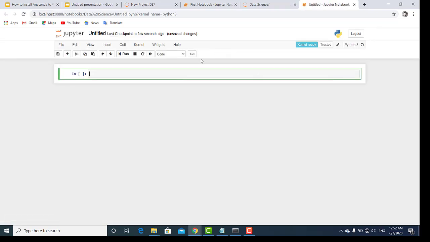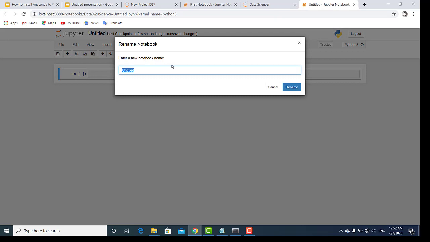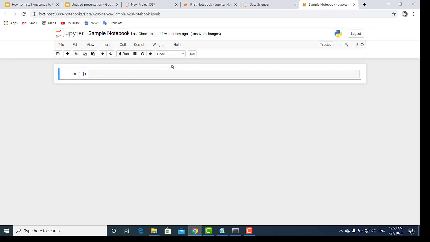Okay, so this is your Jupyter Notebook. You can change the name of the notebook from here. Okay, let's perform a simple addition. In Jupyter Notebook, you cannot simply press enter to get the answer.